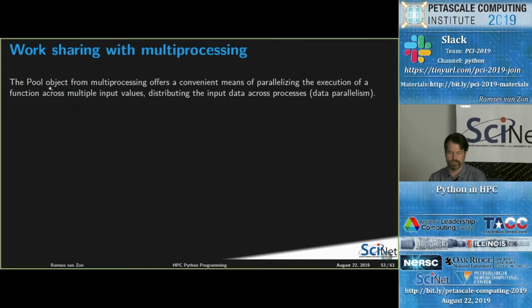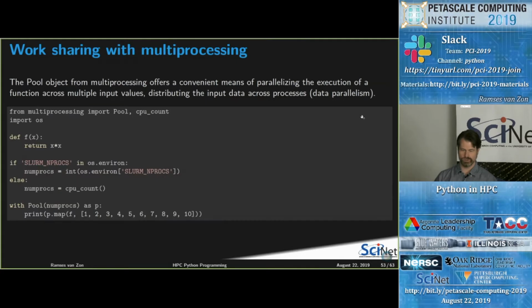So multiprocessing has a pool object. You can think of it as a pool of threads that's ready to do stuff, and a way to map cases onto different threads. So this is good if you have data parallelism, if you have the same thing to do for